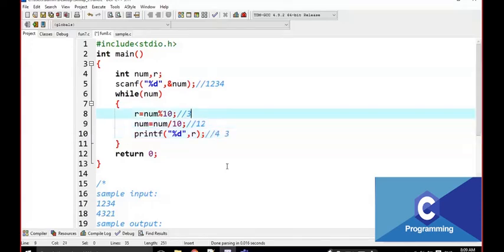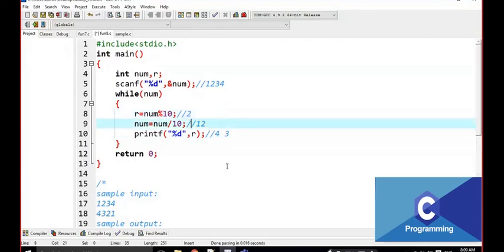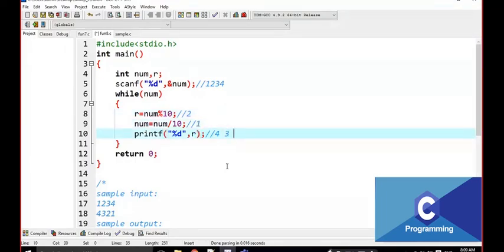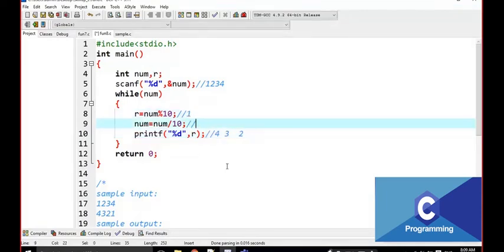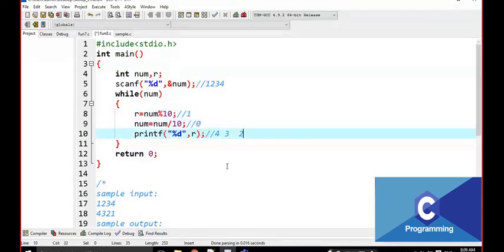Again it is 2, and num is 1, and it is going to print 2. Then this is 1, and num is 0, and I am going to print that one also. But r represents a digit here. Every time it is the last digit. From the last digit, I am going to make a number every time.